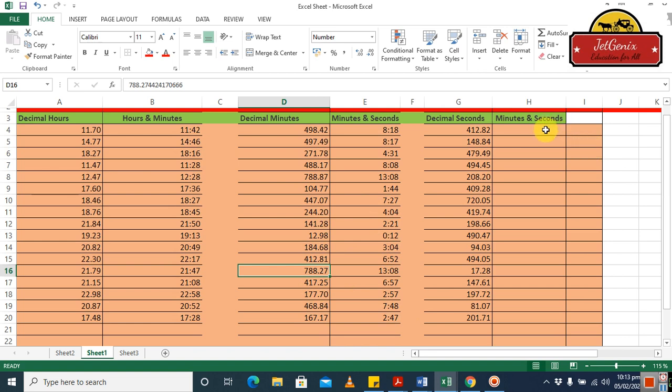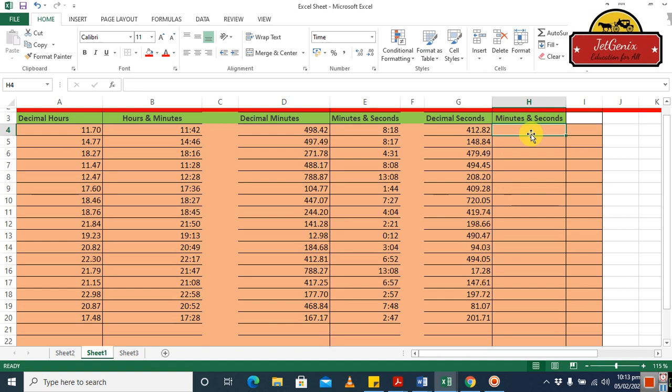And here we have decimal seconds. These are the seconds, not the minutes. 412.82 seconds, and here we have 490.47 seconds, and we want to convert all these seconds into minutes and seconds.